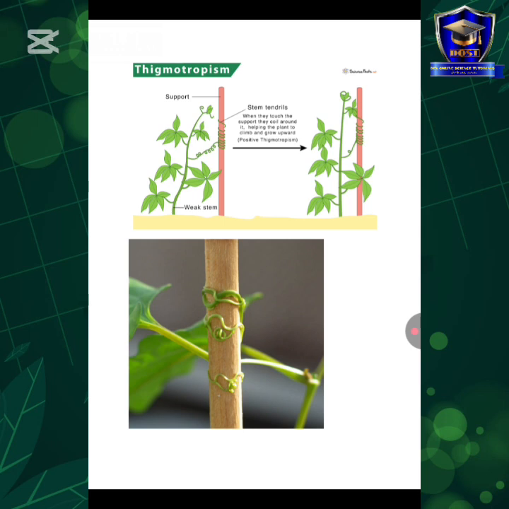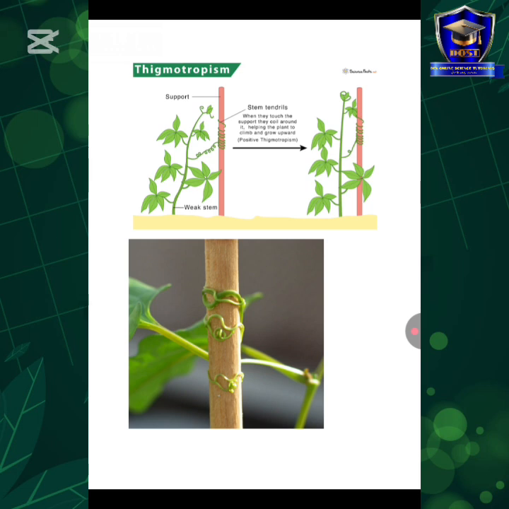Here it is. Now you can observe the second image. I believe you have seen something like this before. That's called thigmotropism. The moment the tendril touches maybe a wood or anything, the tendril will quickly coil around it. So that's a response to touch. Okay, and you can see it clearly illustrated in the first diagram also. And for those farmers that actually